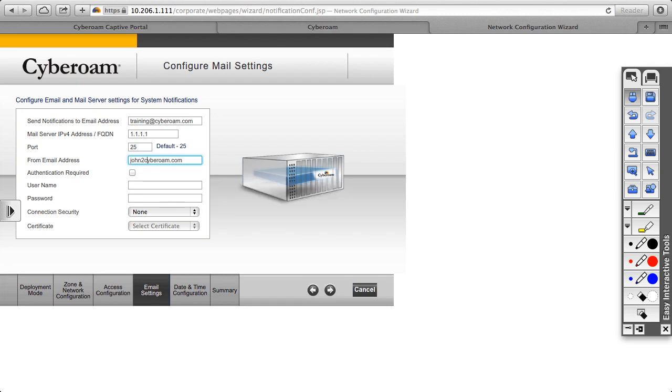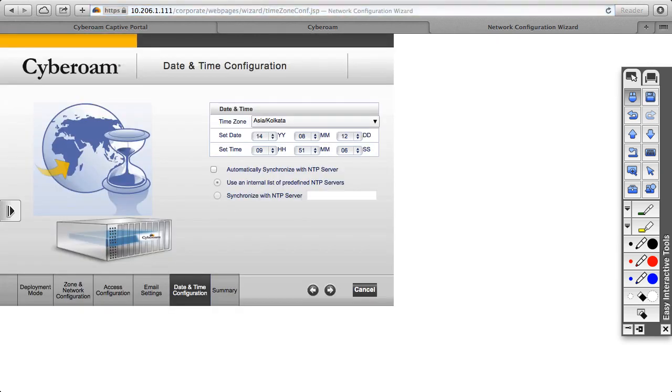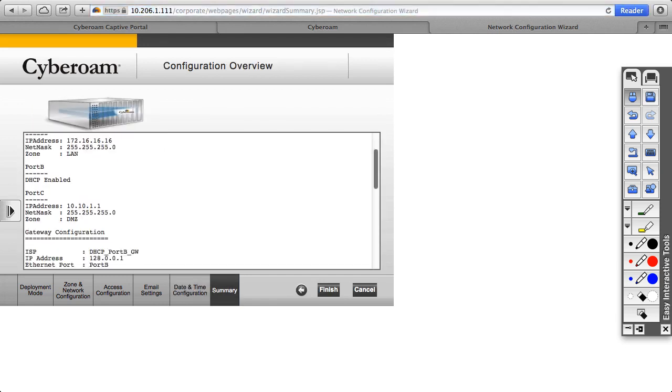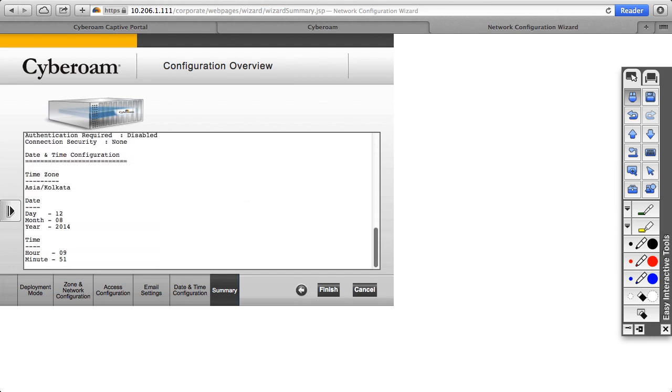Sorry, I typed in a wrong value. There's a small typo here. I'll click on the next button. And here I again get to do the date and time settings, which I discussed earlier. And I'll go next. And finally, I get a snapshot of my configuration, so I can review that and click